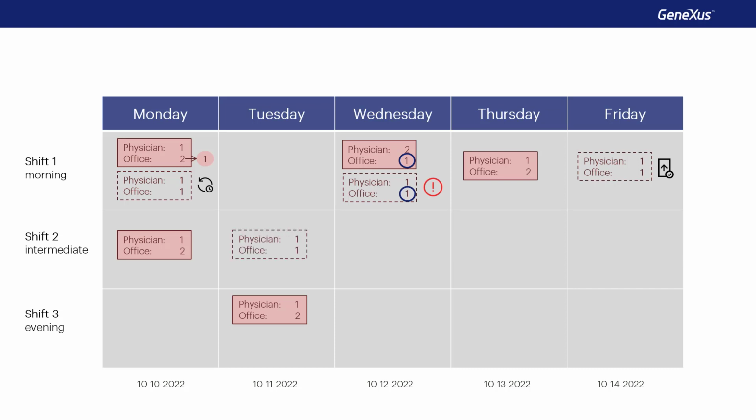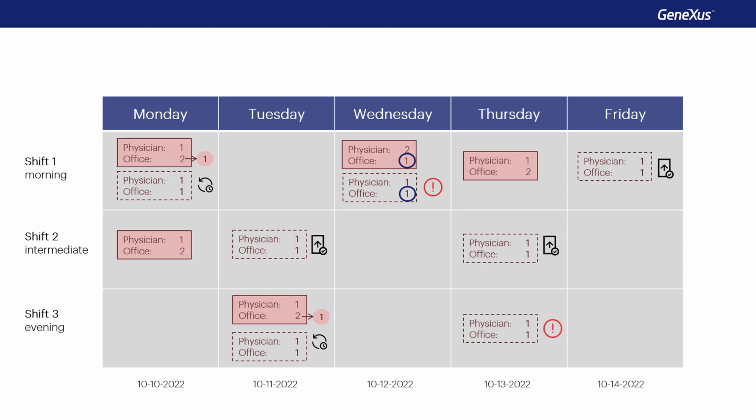For the fourth one, it tries the insert, which will count how many office visits are already entered for that day for the doctor, and since it will give 1, no error will be triggered, and it'll be possible to insert without any problem. For the fifth one, the same thing will happen. It'll insert without any problem. Now comes the sixth one, and since there's already a record with that key, it tries the update, which will be successful, modifying the office of the existing record. For the last one, since there's no record with that key, it'll try the insert, but will fail. Why? Because it'll find that Dr. 1 already has 2 office visits scheduled that day.